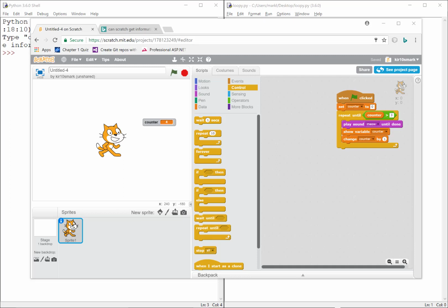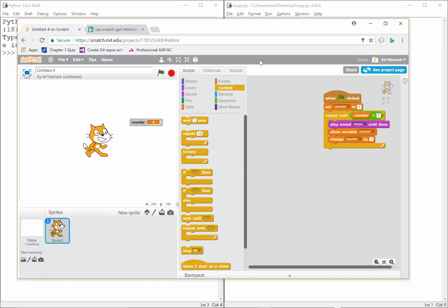All right, I'd like to demonstrate for you what a for loop is, and I'm going to compare it to the while loop, and hopefully we can see what the differences are and when you'll use one and when you would use another. First of all, we've been doing looping, right? We've been doing what we called a while loop, and I'm using Scratch to hopefully give you a familiarity to